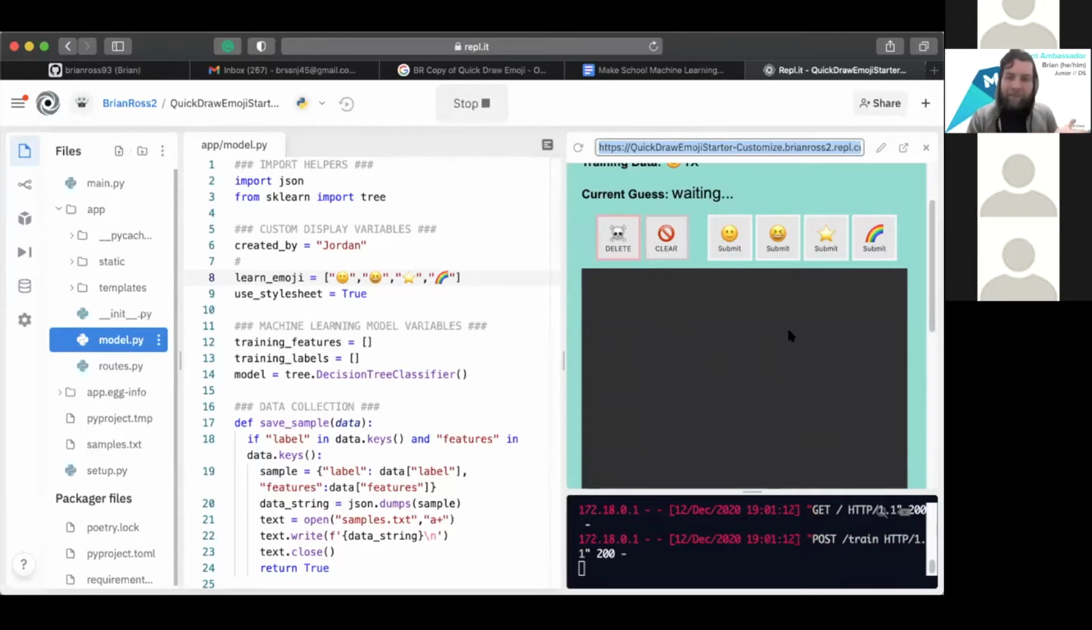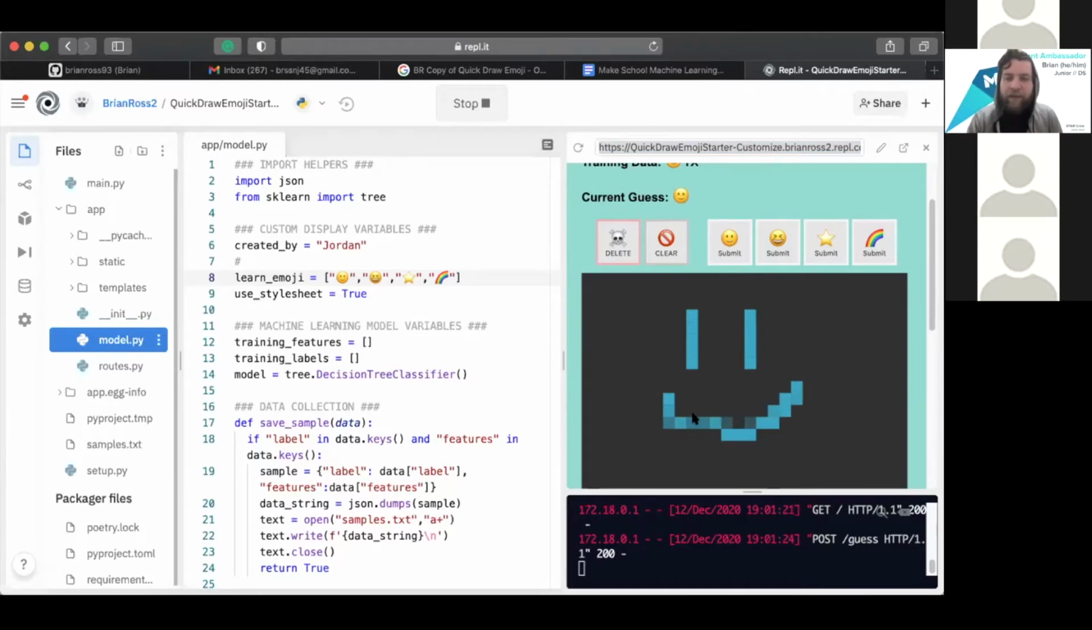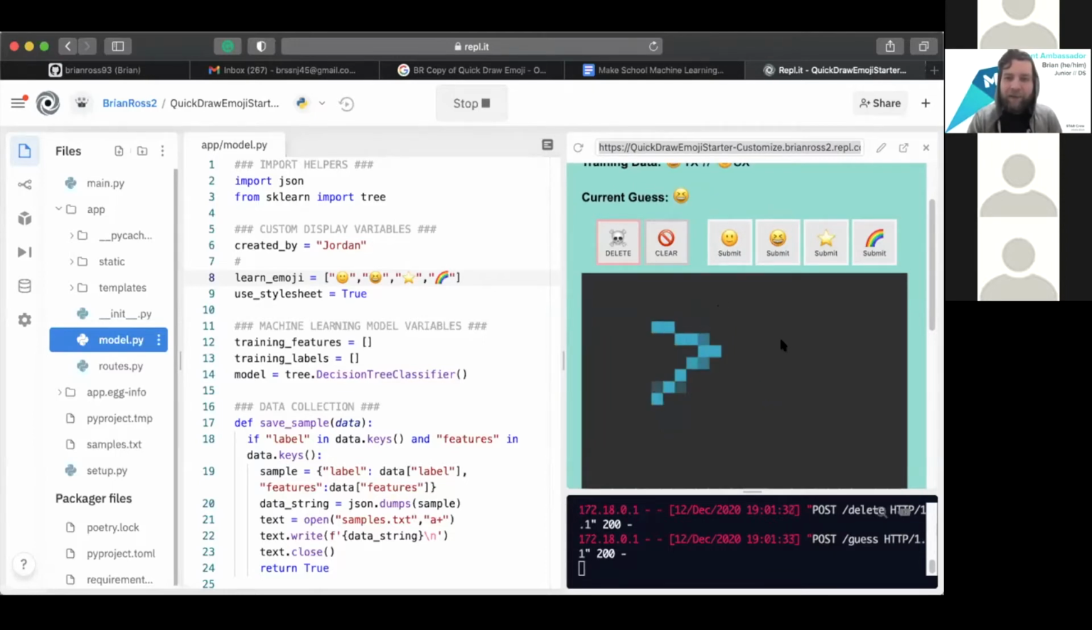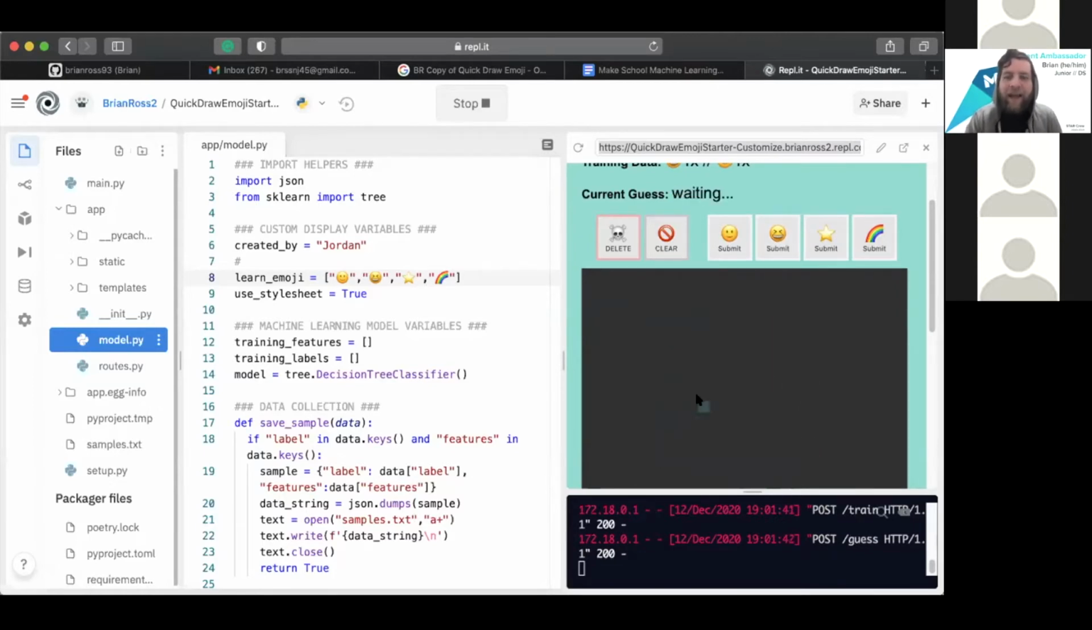What we have here is a predictor, and it's going to use machine learning to predict what emoji we are drawing. See, there's a happy face, and our current guess is a happy face. Go ahead and submit. Beautiful. Let's go ahead and draw this laughing dude, and give him a big smile. This is kind of what I look like. There we go. And you can see,